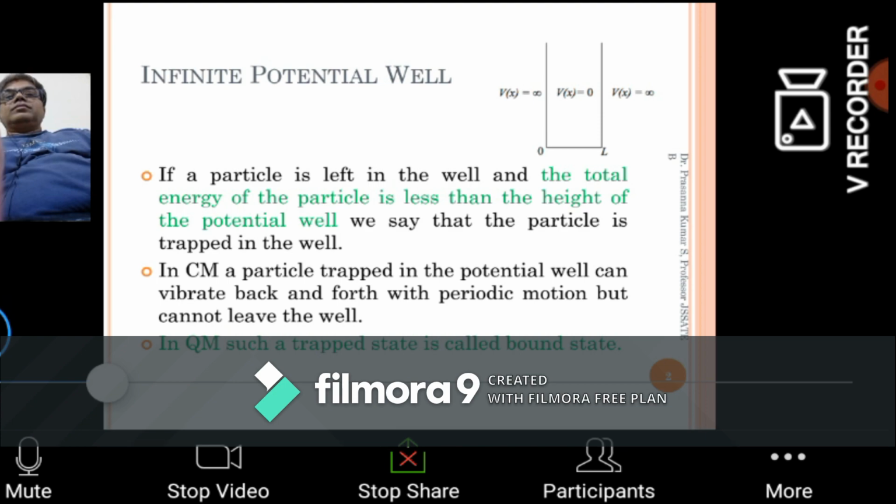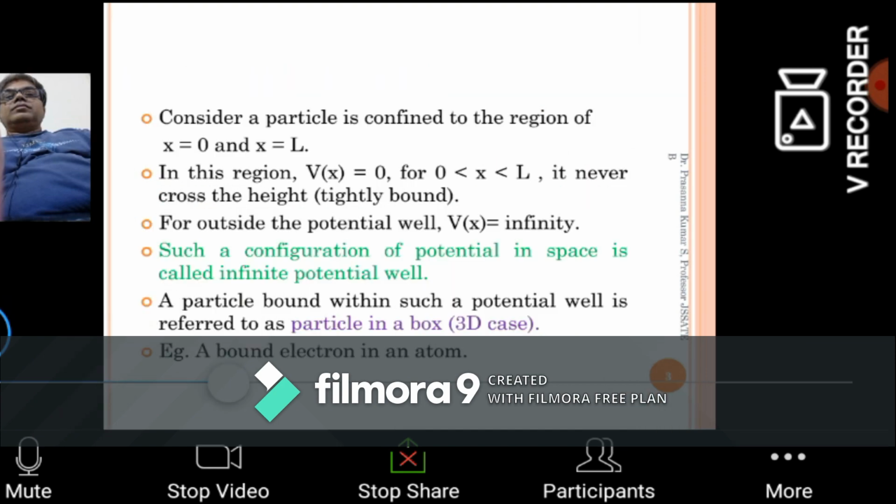I have given the example: imagine the electron going around the nucleus in definite orbits. If you take inner electrons, they have been tightly fixed. This is the case of a bound state. Now, taking such a bound state, you have seen in the previous diagram the well with boundaries x equal to 0 on one side and x equal to L on the other side. If you look at the potential inside the potential well, the potential energy is 0. We have V is 0 for inside the potential well.